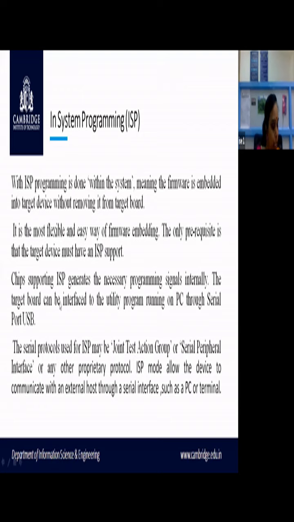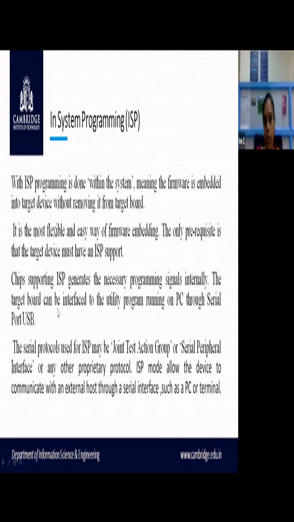Chips supporting ISP generate the necessary programming signals internally. So whichever chips support this technique, that is ISP, generate the necessary programming signals internally. The target ports can be interfaced to the utility program running on the PC through serial port or USB, that is RS232 or USB.